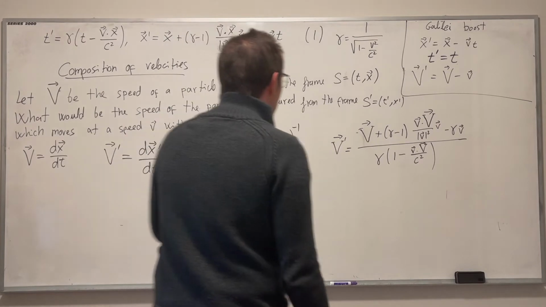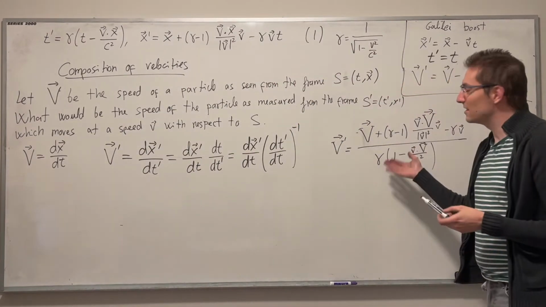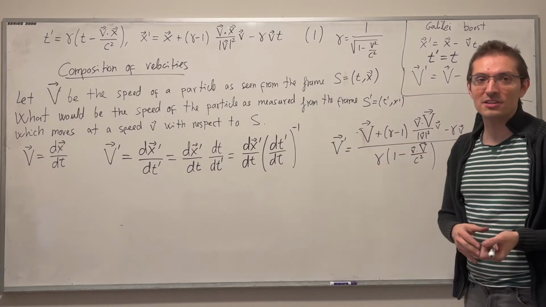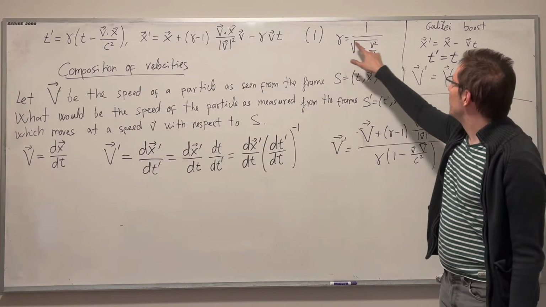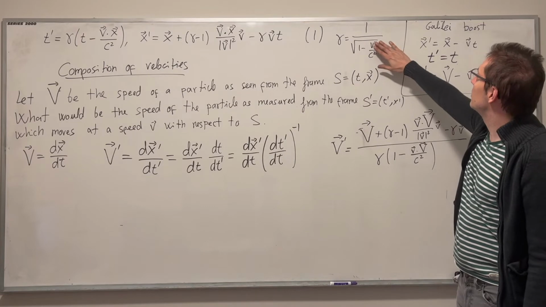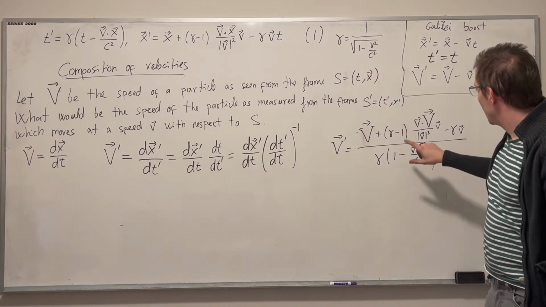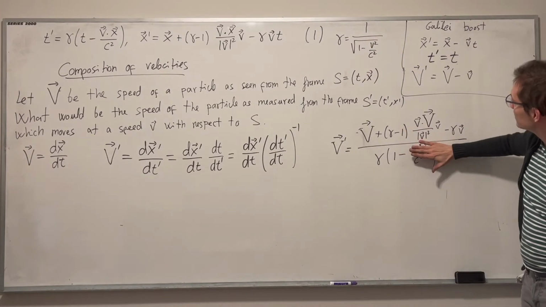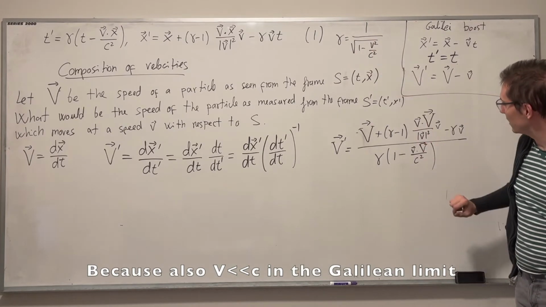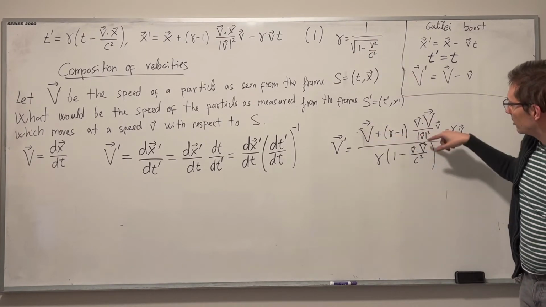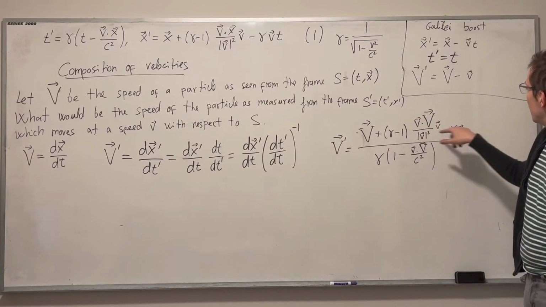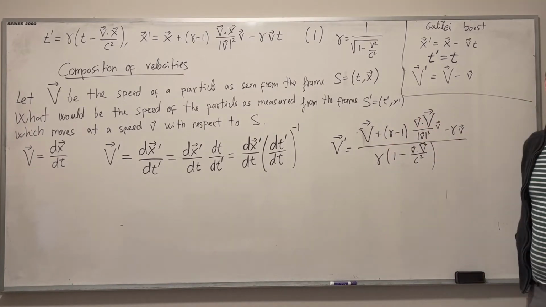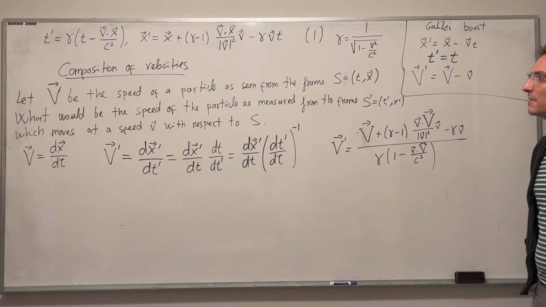Anyway, you can tell that for low speeds, for speeds that are small compared to the speed of light, this becomes the Galilean one. How do I see that? Well, if v is small with respect to the speed of light, gamma is 1, and also this factor is neglected. So the denominator is just 1 in that approximation, gamma becomes 1, so that cancels, and you recover the Galilei boost composition of speeds formula, of velocity, sorry.